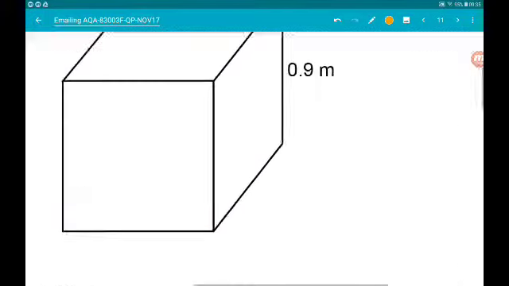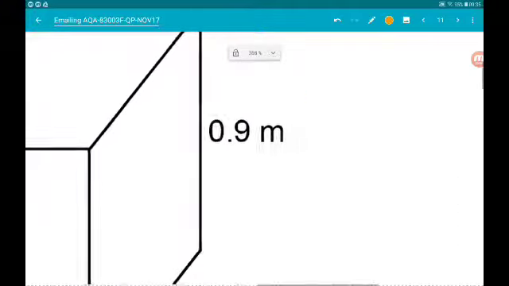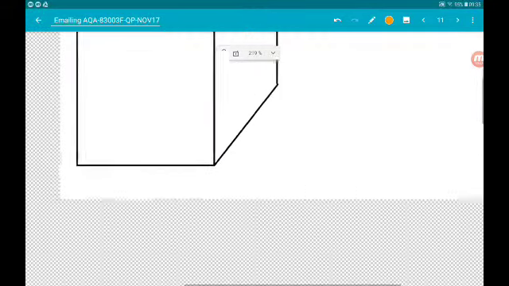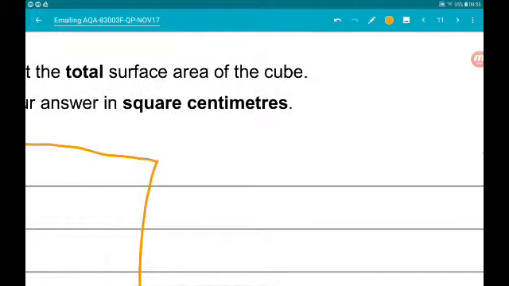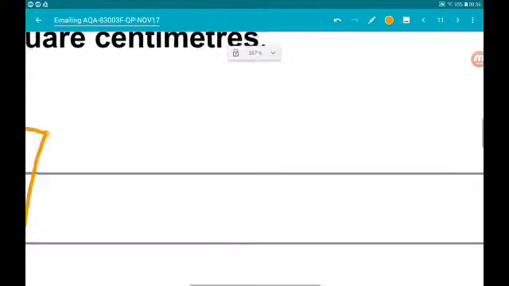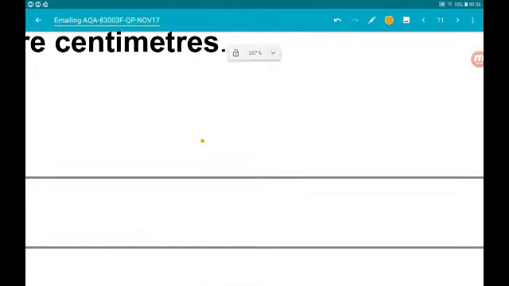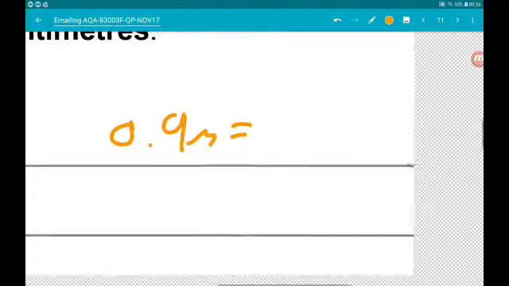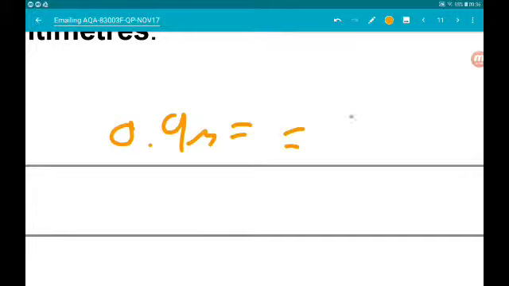Now, we know the edge length is 0.9 meters. We're going to want the answer in square centimeters, so we need to convert 0.9 meters into centimeters. Now there's 100 centimeters in 1 meter, so we multiply by 100. So 0.9 times 100 is 90